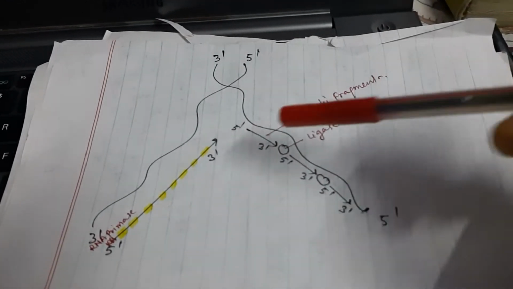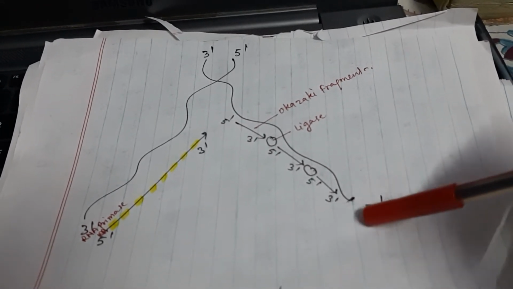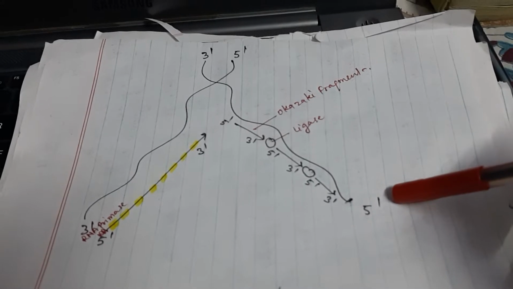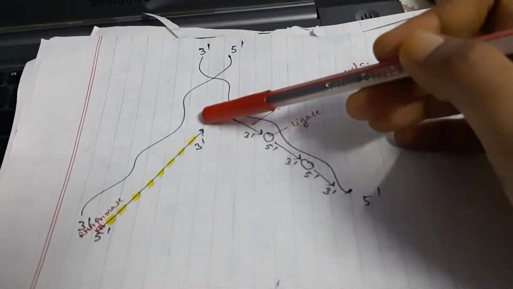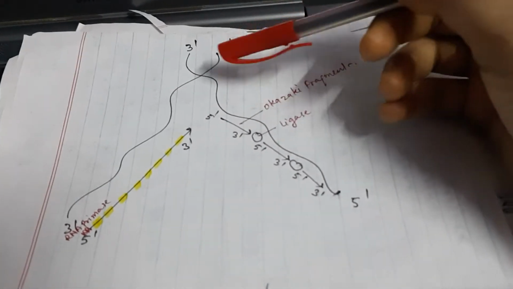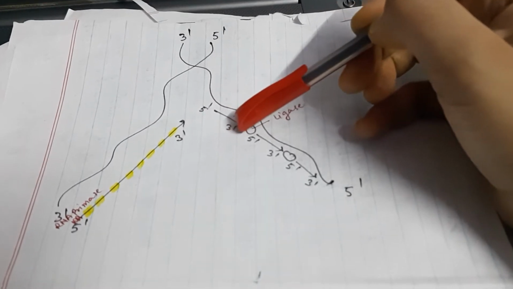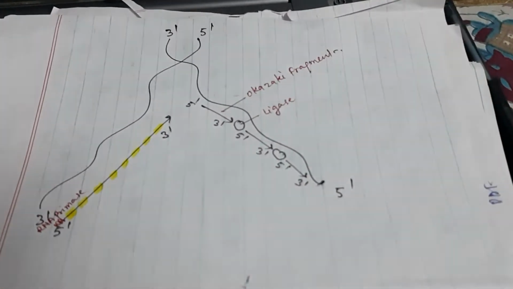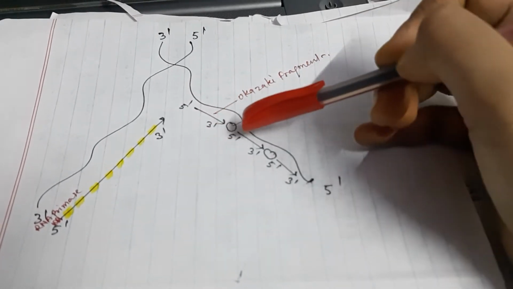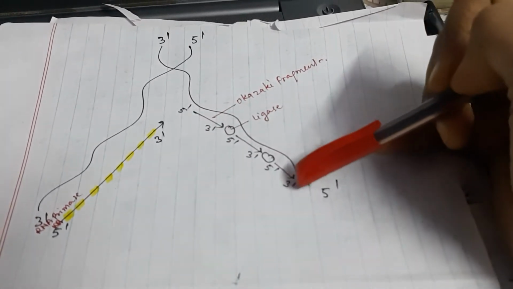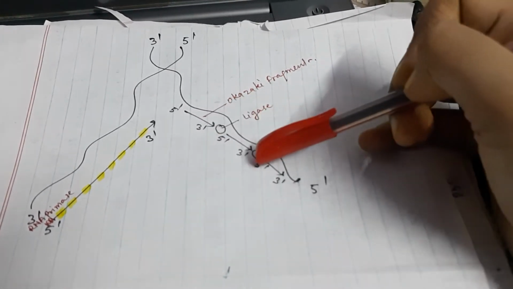While on the other hand, the parental strand ends with the 5' direction, so the synthesis cannot be regular. It has to start from this point. So from here it gives rise to the formation of lagging strands, 5' to 3', then again 5' to 3', 5' to 3', and these lagging strands have gaps in between them.